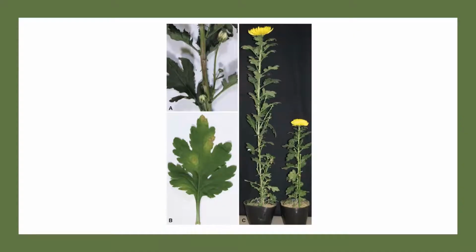When it comes to survival and spread of the disease, the primary source of infection is the viroids that survive in the infected plant parts. The secondary source of infection is spread through sap and knives or tools used during pruning, pinching plants, taking cuttings and cutting of the flowers. At last, the management of the disease is to use certified viroid-free stocks, and remove and destroy infected plant parts.